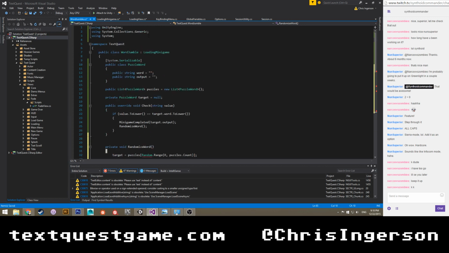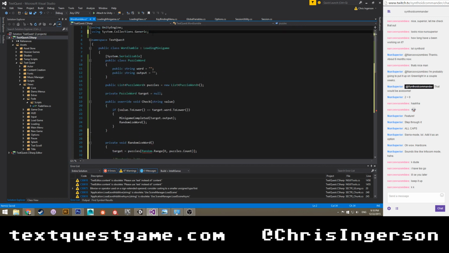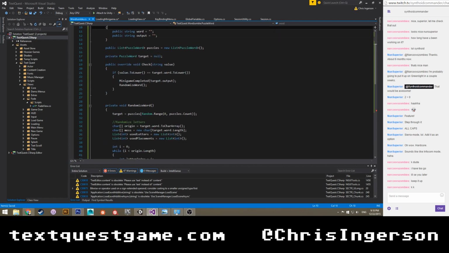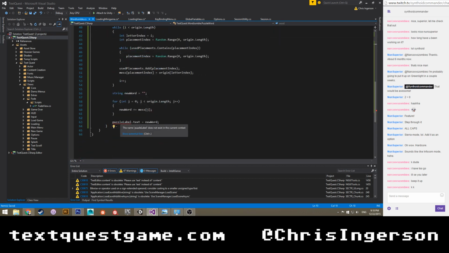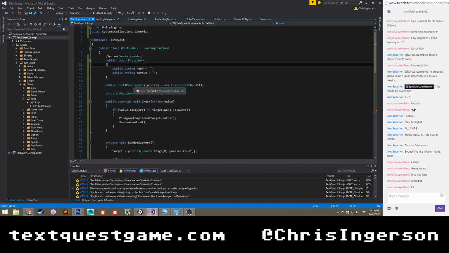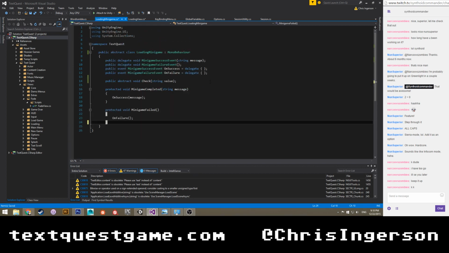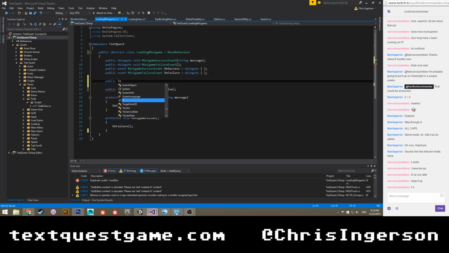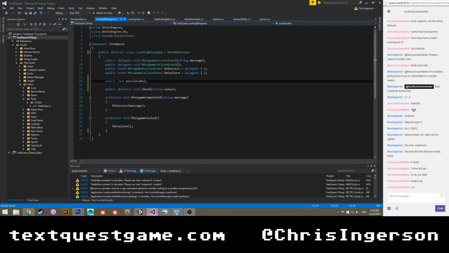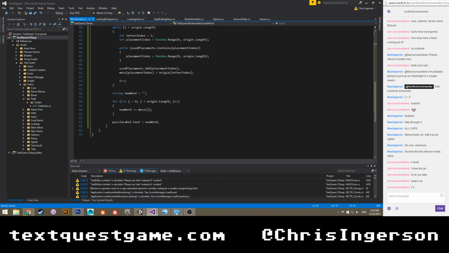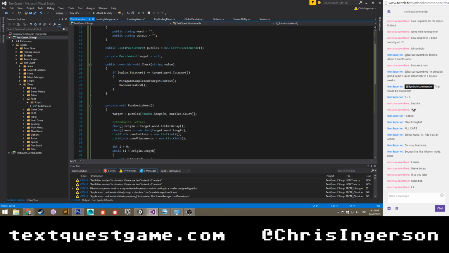I didn't type that. The heck was it using system for? Okay. I think we will actually give this a reference to a puzzle label, so a text object. So we'll say public Text puzzleLabel. So all this stuff should be fine, I think.